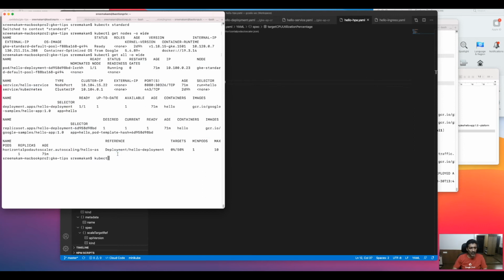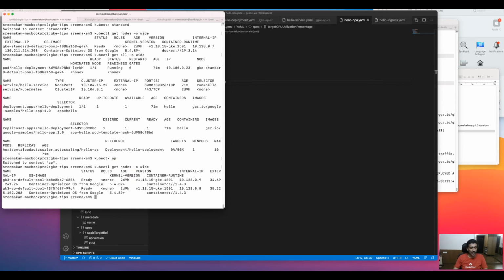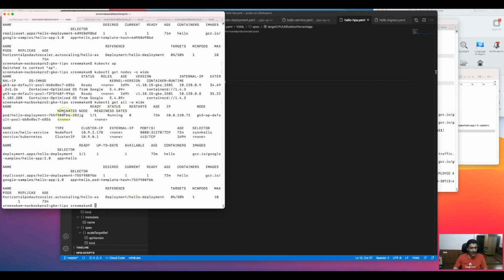Now let's log into our Autopilot cluster, and we can see the same thing. Here, if I look at my nodes in my Autopilot cluster, you remember that when we looked at the GCP console, we did not see the nodes. And just to show that we are not running a fake Kubernetes, you can see the nodes that are running. These would run the system pods as well as the user pods. But as I told earlier, we're not charging for the system pods. Now let's look at what application is running. Here is the same application that I have deployed in my standard cluster, running here, and you can see the same manifests, deployment, service.